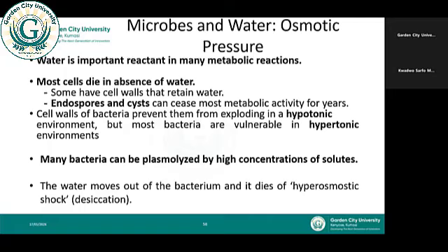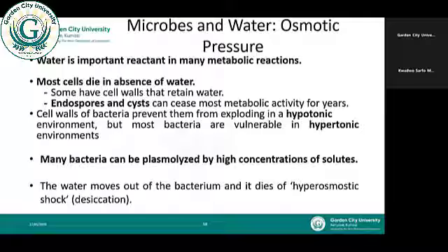So water can affect how microorganisms survive. If you do the opposite, where you put the organism in a hypertonic environment, that means the environment has less water than what the cell has. That means the organism is going to lose a lot of water to the environment because the environment is hypertonic to the cell. So if you put salt in your tilapia and there is bacteria in the tilapia,